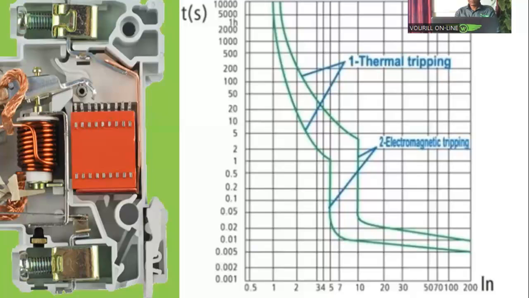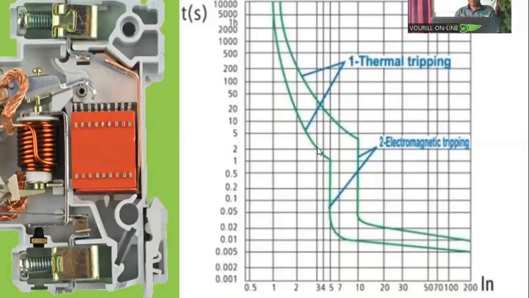So the amount of heat that will be required for it to burn will be reduced, which means that it will require less time to trip when it is working in a hotter environment. Are we getting it? So this curve here represents when you are working in a hot or hotter